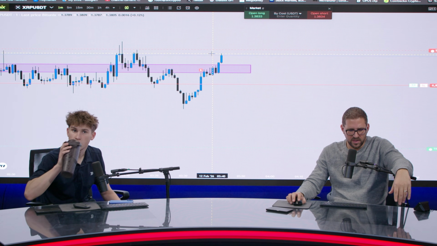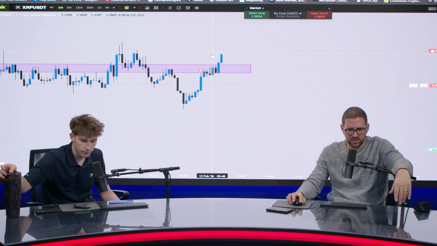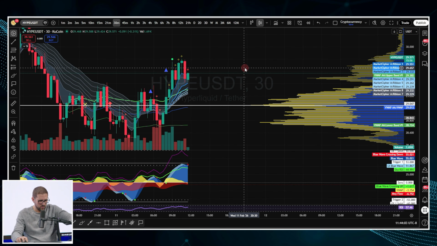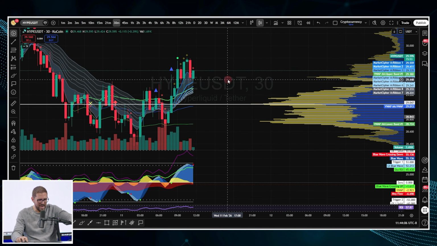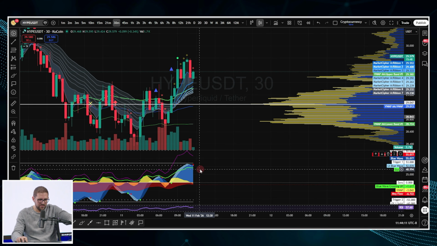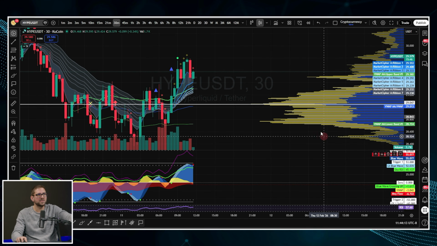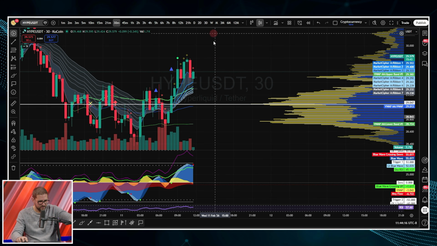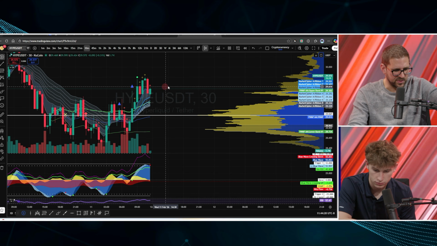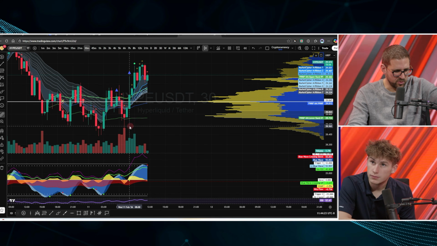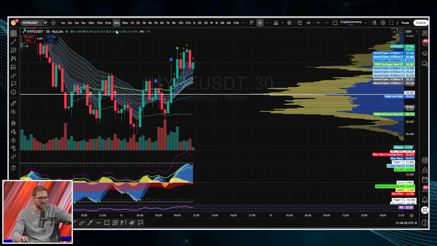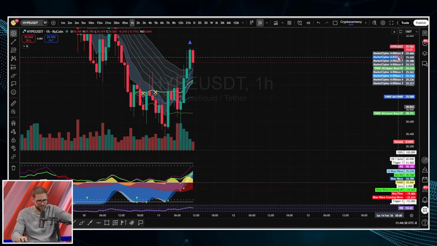Yep. Now the 30-minute, I'm looking at this Hyperliquid trade. On the 30-minute, there's a little cause for concern on the long here. We have a little bit of an evening star pattern, and we have a baby blood diamond on a green candle with a red dot on Market Cipher B. I see a GDOD over there too. That one got invalidated, but then we had this little evening star pattern at the top of this trend here, right? This move, low to high, was a 5% move on the 30-minute time frame. Let's see what the hour looks like.